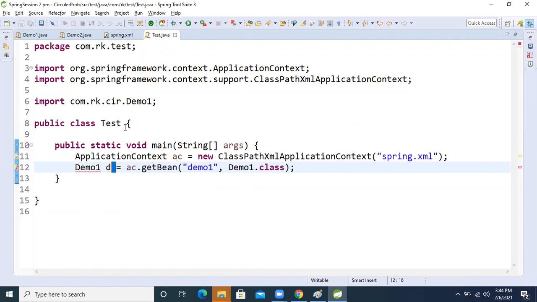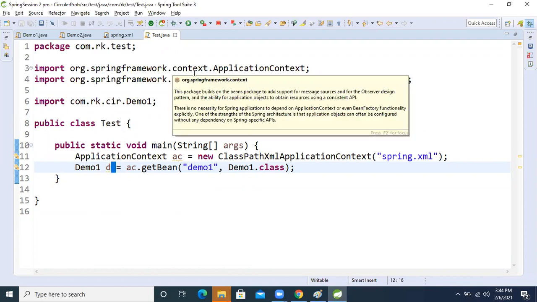Just run it and we will see how the IoC container handles it.